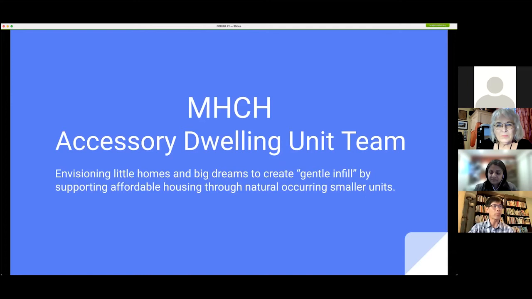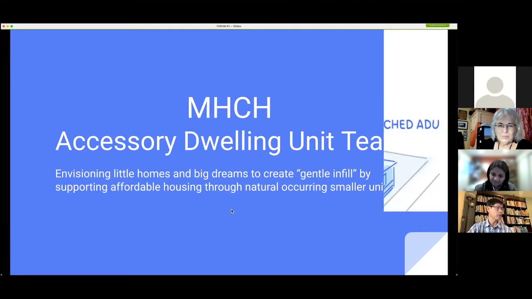Most of you probably know that the ADU approach, we feel, is a decentralized way to tackle the housing problem. It's like solar panels as a decentralized power plant, right? Each homeowner can do their part to tackle this big problem, one lot at a time.